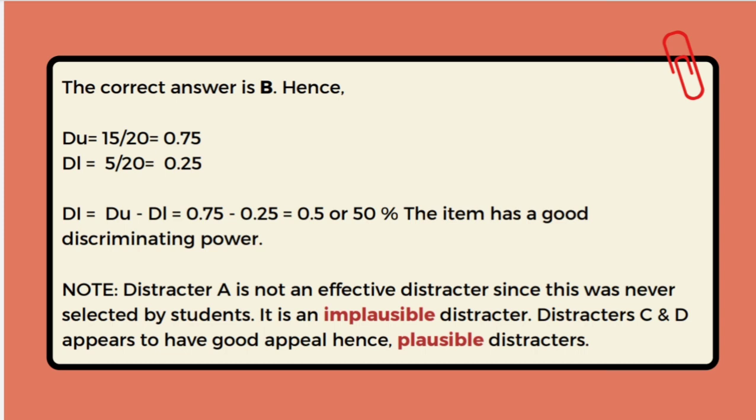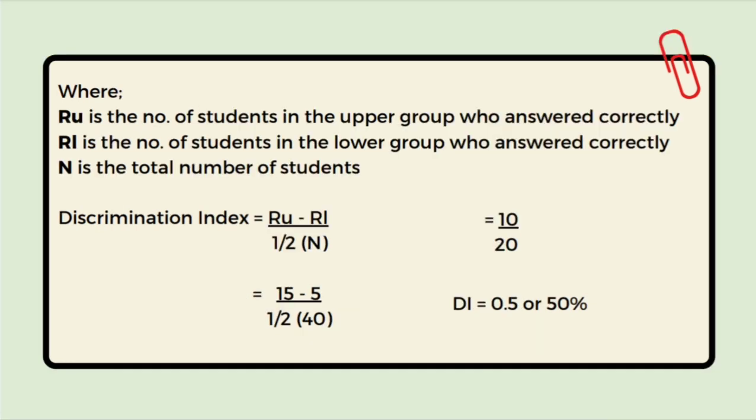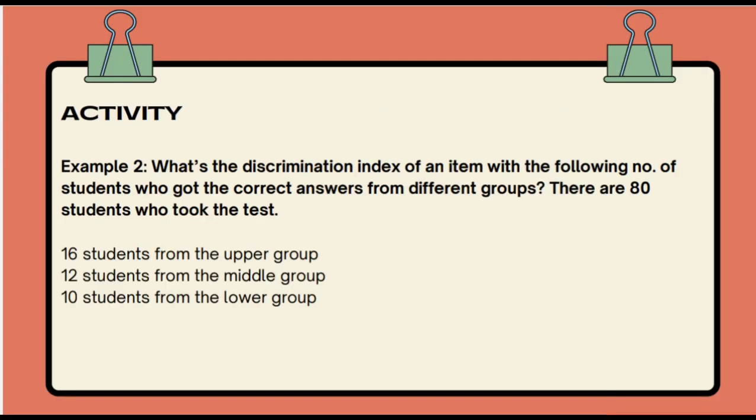So 0.75 minus 0.25 is equal to 0.5 or 50%. So as we calculate the discrimination index of example number 1, we come up with the same answer using the two formulas. So now that we're already done with our discussion and you already know how to calculate the